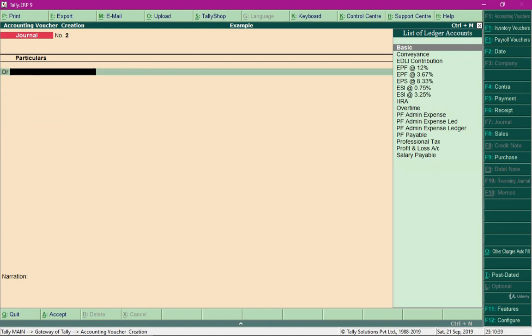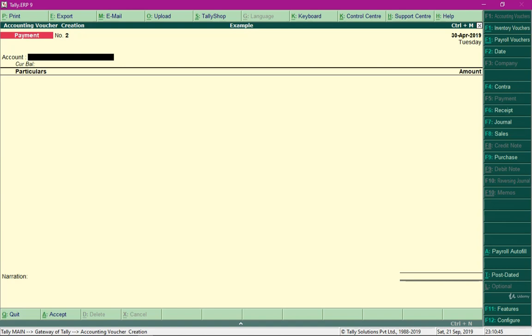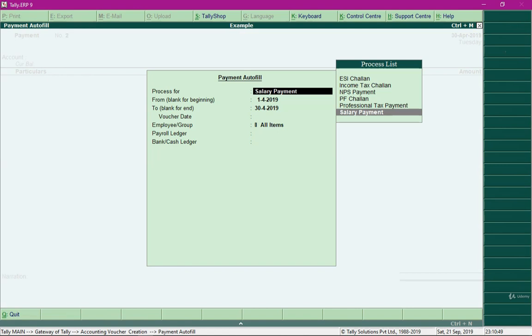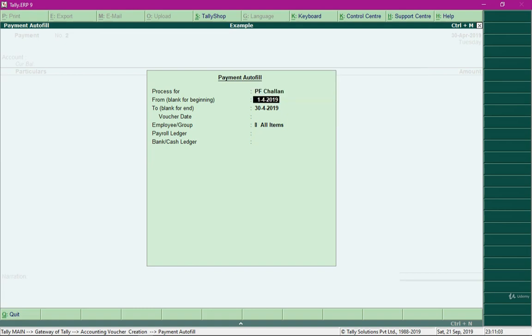Alright, now let's proceed with payment of provident fund, and we will press the F5 key to access the payment voucher. Over here you need to press Alt A to access payment autofill options. Now for the field process for, select the option PF Challan. So earlier we used to select salary payment, now select the option PF Challan and specify the pay period, the